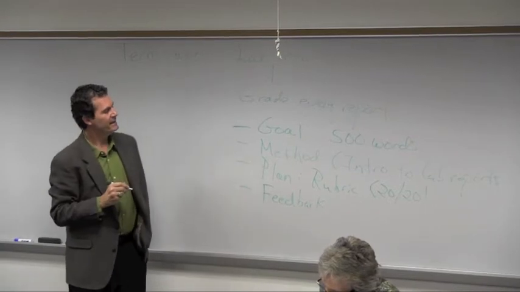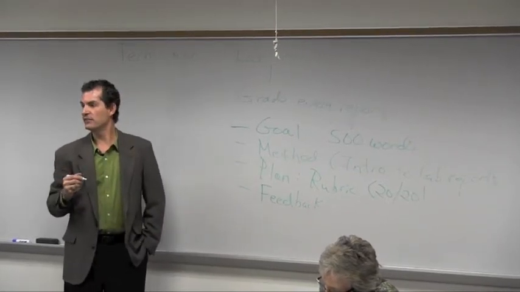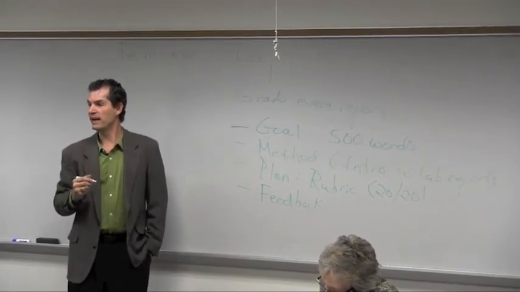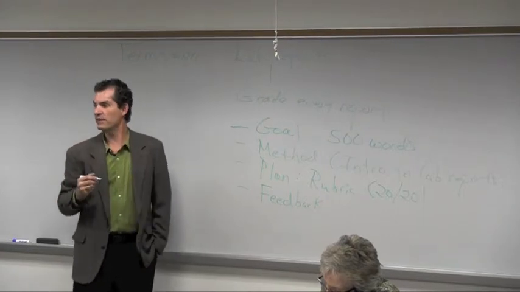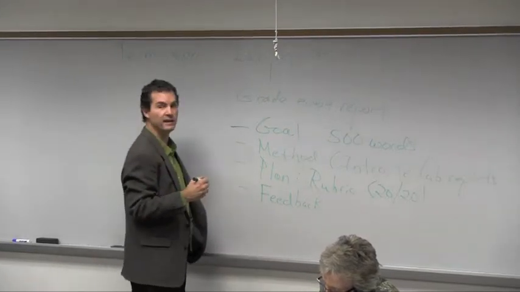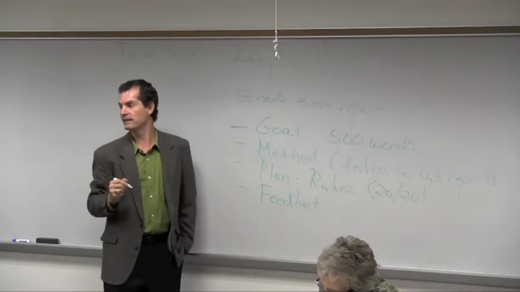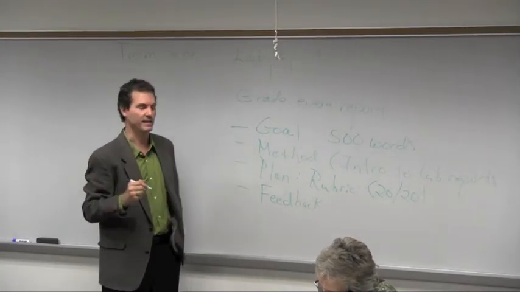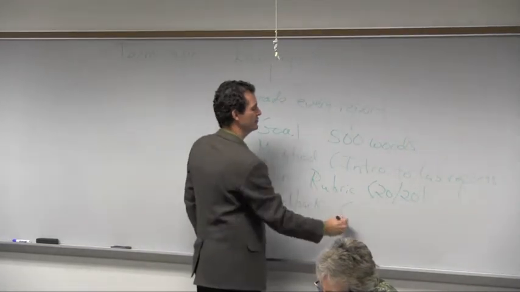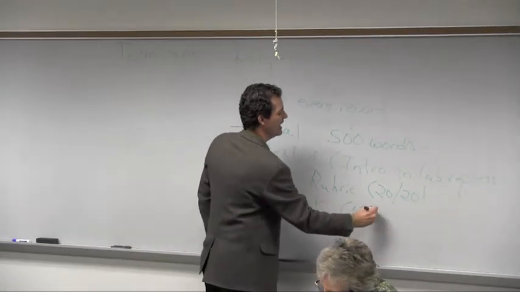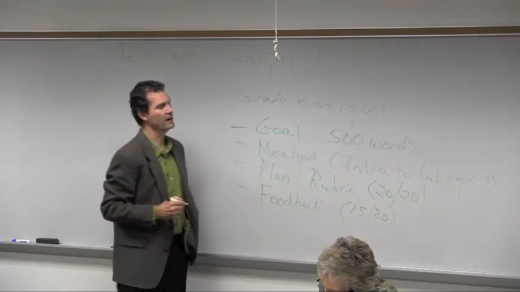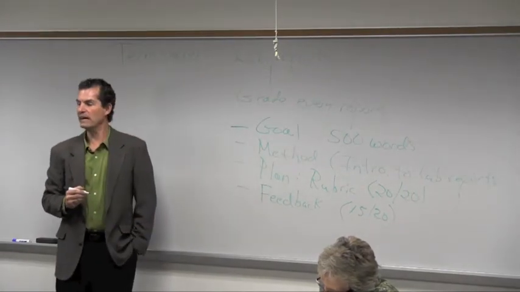And then I need to give them a reason to succeed, and I tell them I'm going to give them an incomplete if they can't give me a lab report that passes my standard. It has to be at least a 15 out of 20. So they know from the beginning that if they can't write a lab report, they cannot get a grade in my class. They have to get it to the end. So they have to shoot for 15 out of 20. The average on the first run through on the first lab report is an 11.